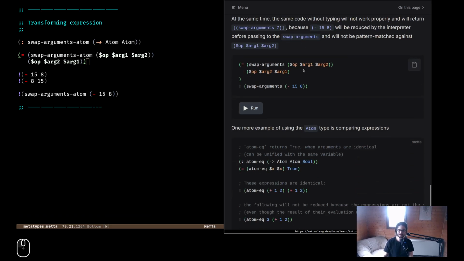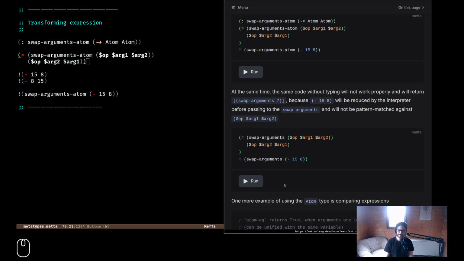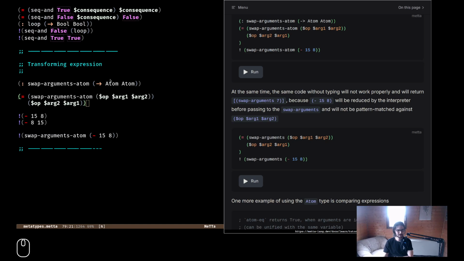At the same time, the same code without typing would not work. Without this atom, this would be a function.